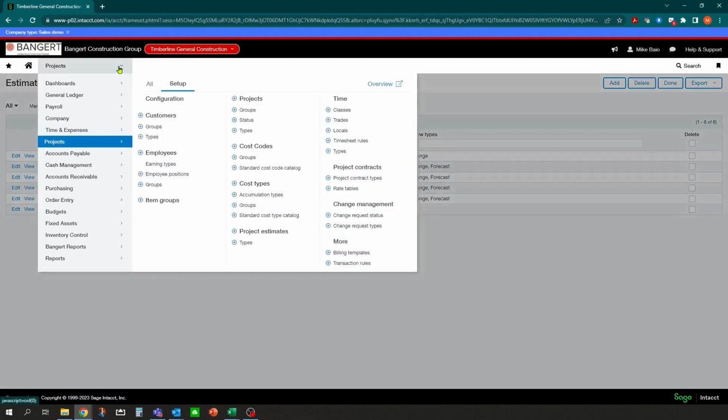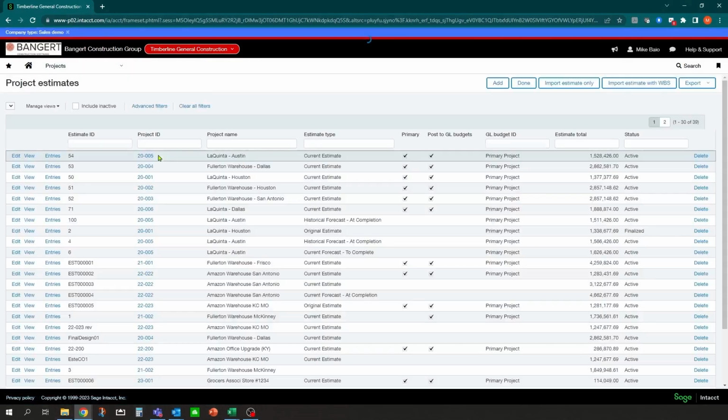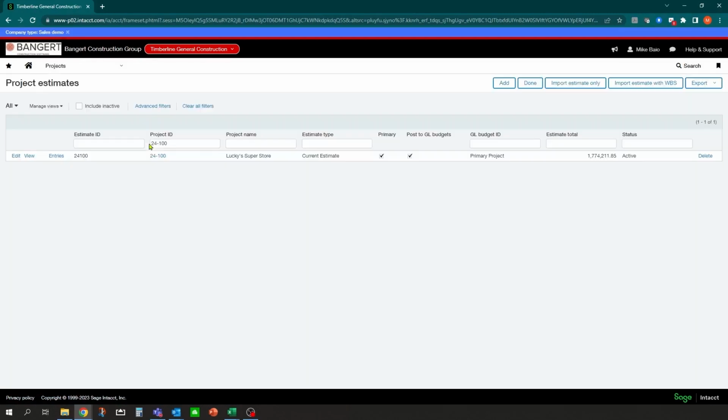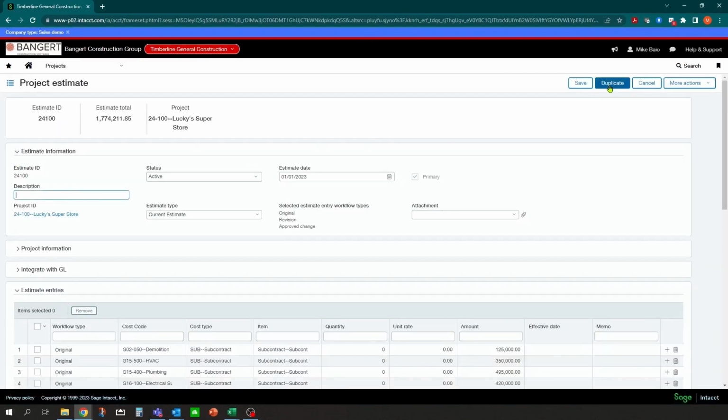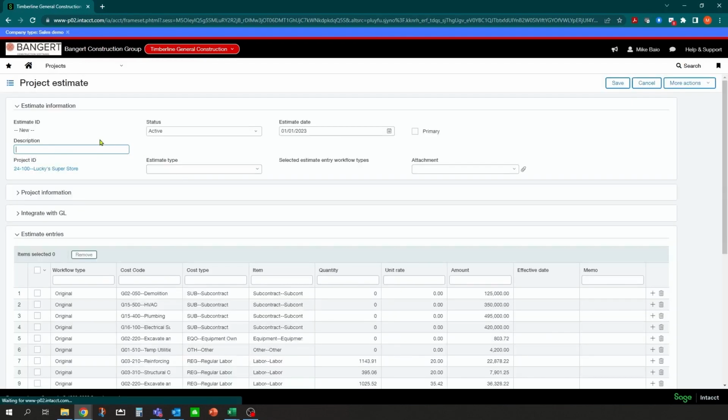Okay. So what we can do to establish an initial project estimate for that is I'll come into the actual budget. So there's the budget that we looked at earlier. I'm going to click edit. And what you can do is hit this duplicate button and turn this into a forecast.